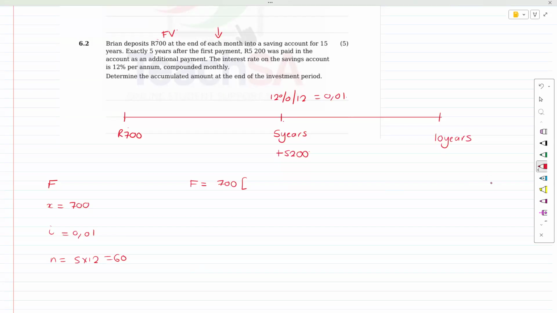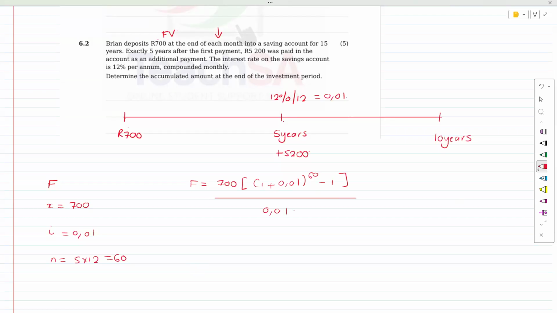I'm not going to stop you, but I just prefer working with it in this part. So the formula, if I am not mistaken, is 1 plus 0.01 to the power of n, which is 60, minus 1, all over